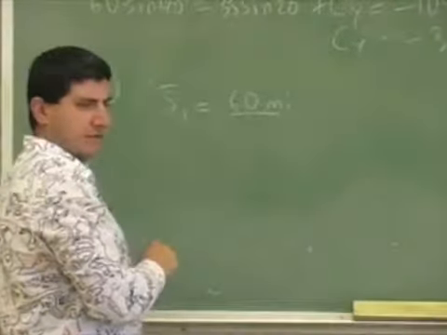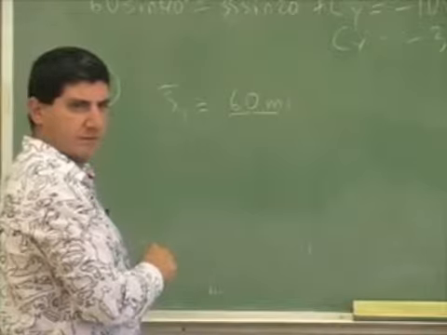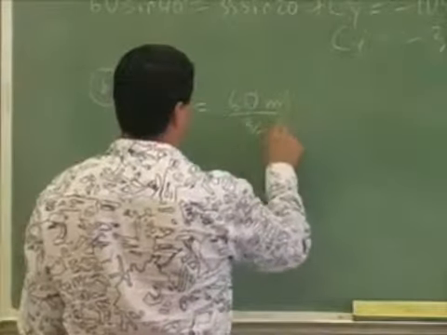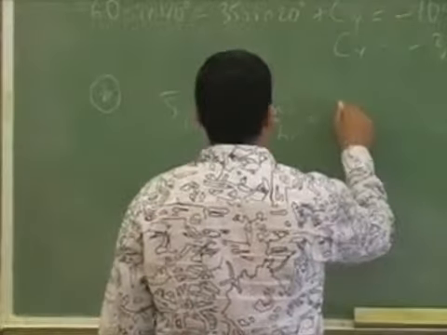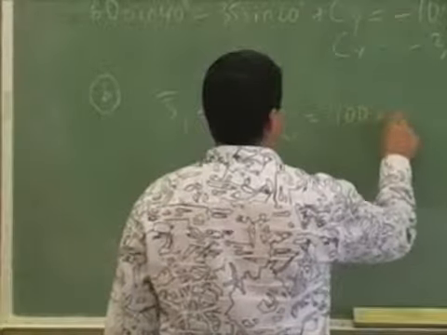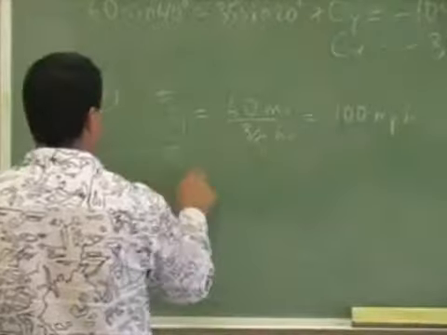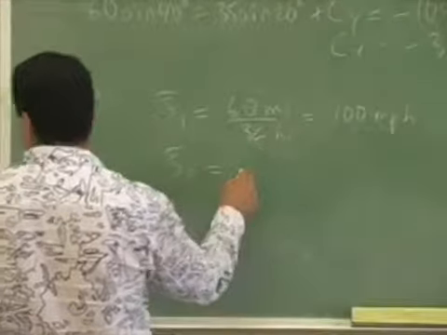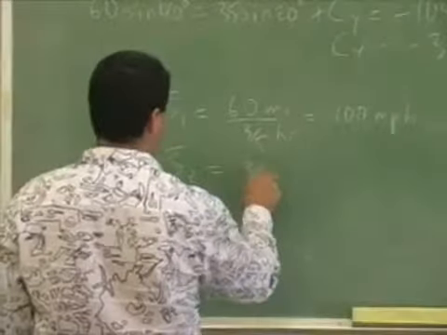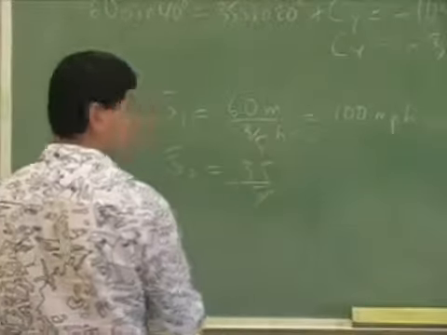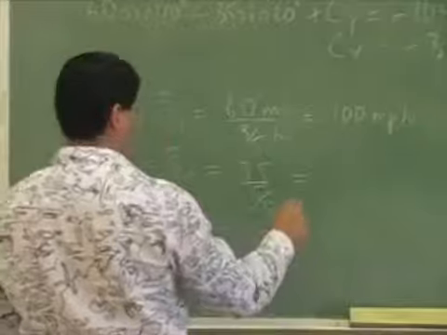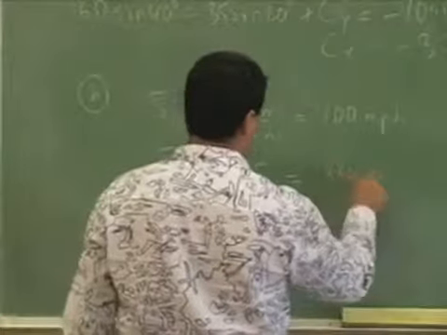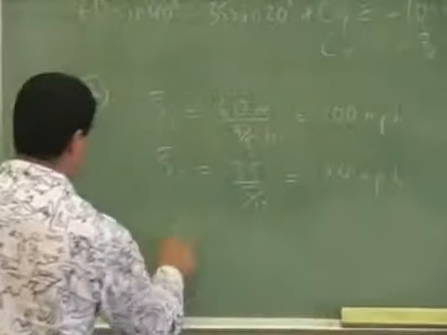What was the time in the first stage? 3/5, was it? 100 miles an hour. Average speed in second stage is 35 over 5, what was it? 12th. That's going to be 84 miles per hour. And then average speed total